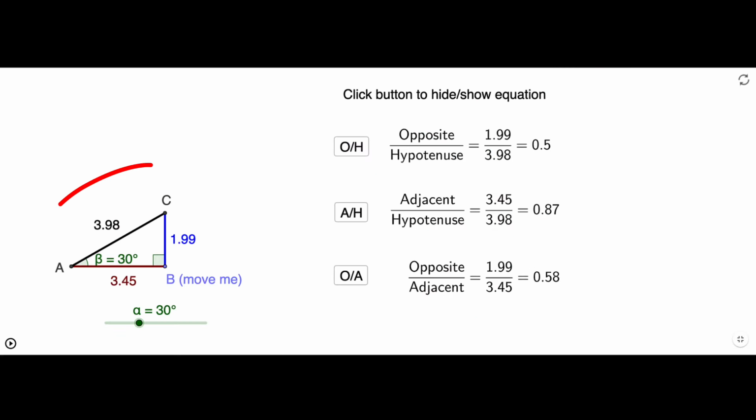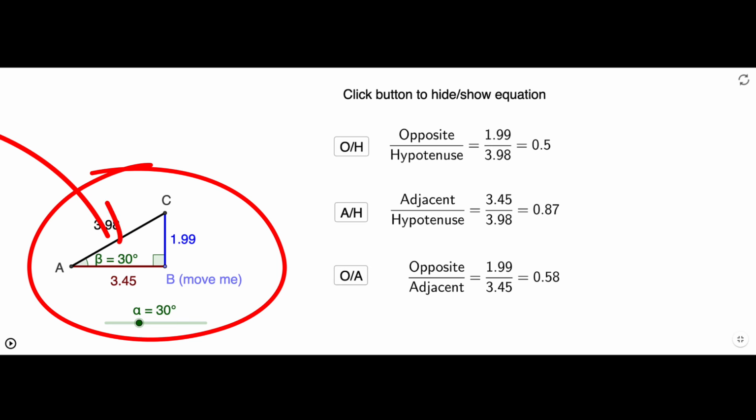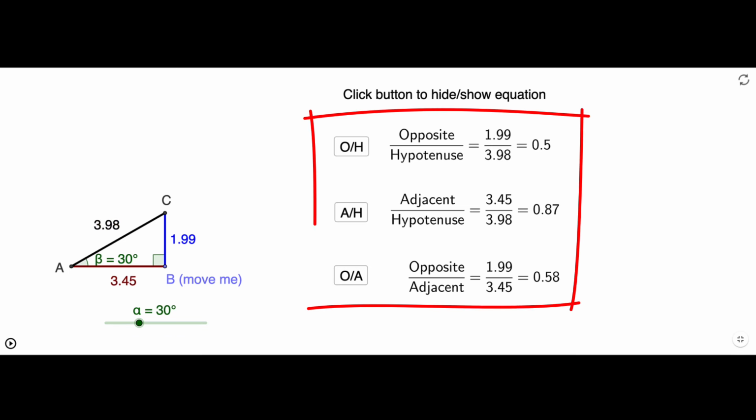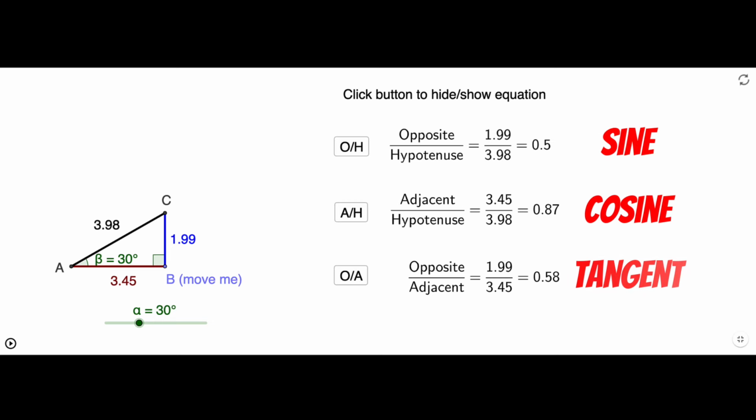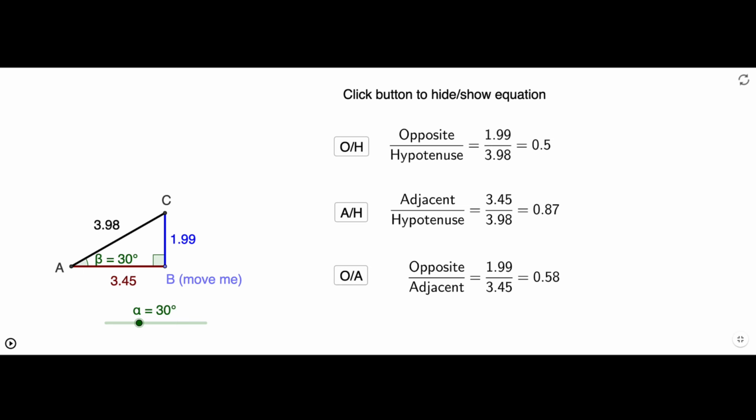Notice I have this right angle triangle here with a reference angle of 30 degrees. I've got all the side lengths labeled, and off to the right here, I have it calculating for me the ratios of opposite over hypotenuse, adjacent over hypotenuse, and opposite over adjacent. Those are the sine, cosine, and tangent ratios from the 30-degree reference angle. Now here's the important thing. If I were to make this triangle bigger or smaller without changing its reference angle,